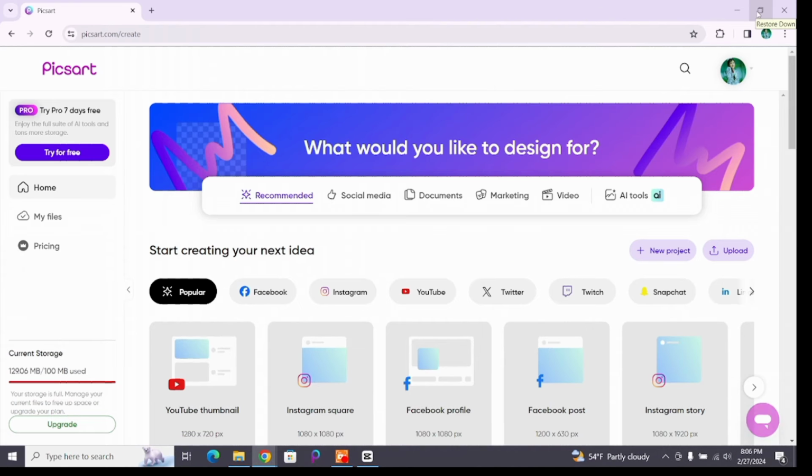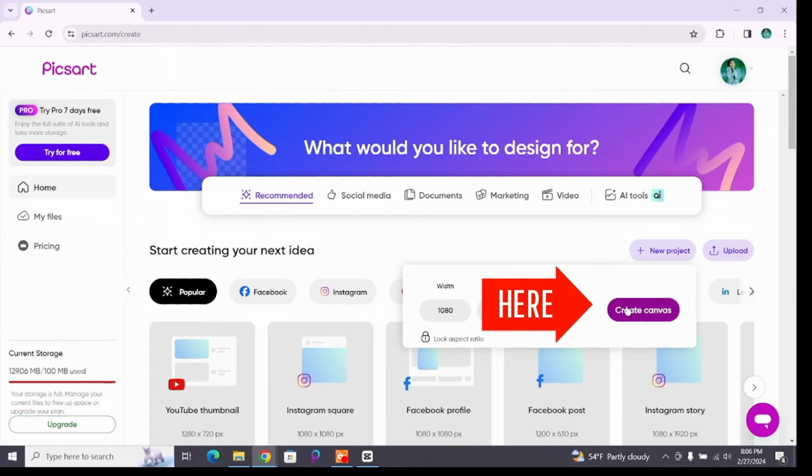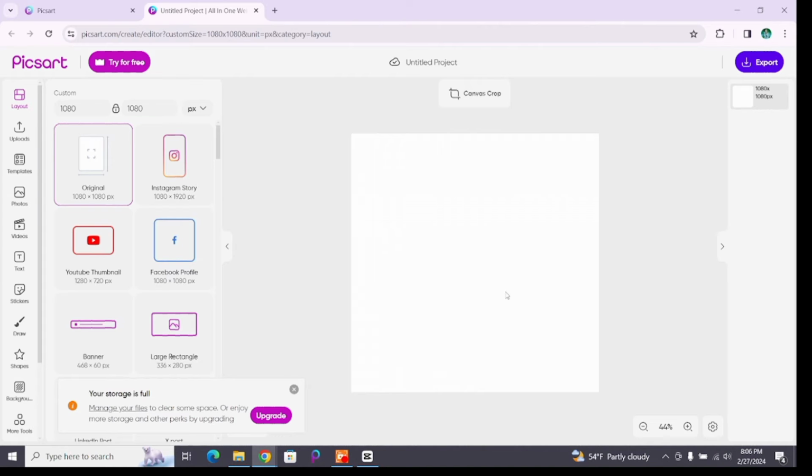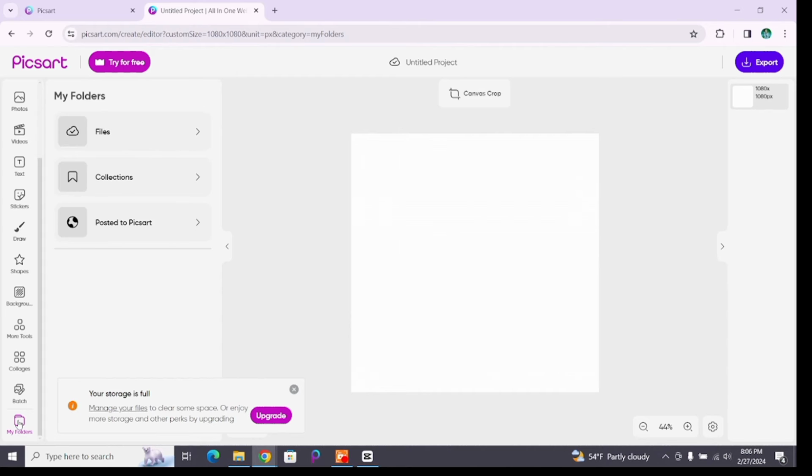On this interface, go to the editing space by clicking on this new project and clicking on this create canvas. Once you reach the editing space, at the left sidebar you will see various icons. Scroll down through the icons and at the very bottom you will see the my folder icon. Click on that my folder icon and you will be presented with all the folders and collections you have previously